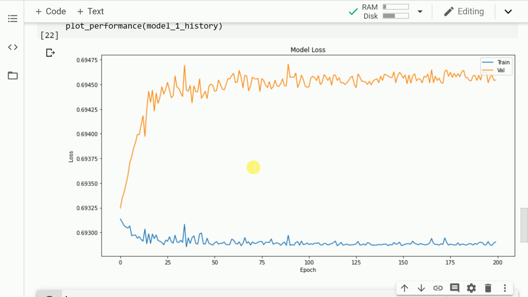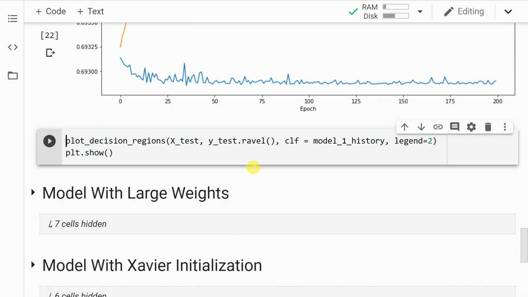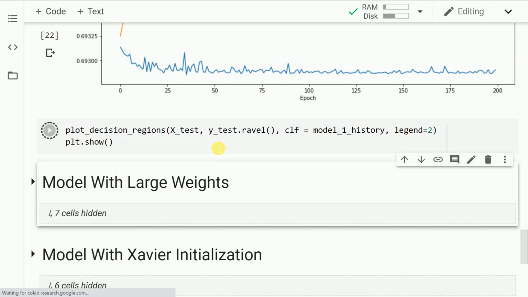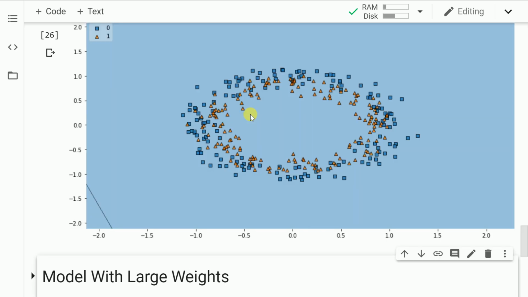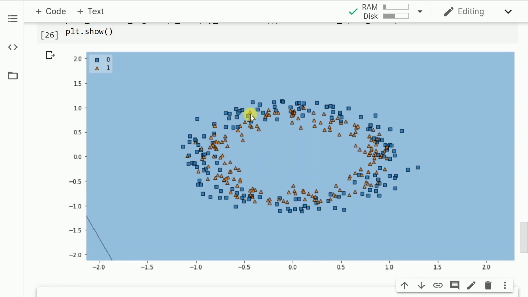As you can clearly see, with every increase in epoch, my overall validation loss kept on increasing. That simply signifies that the overall model is not performing really well. Let me also help you visualize the decision boundary. So this is the decision boundary. Essentially, it's not able to learn anything at this point of time. The reason being the weights are too small and there is very little update that is happening.